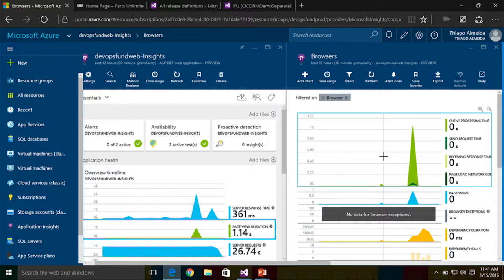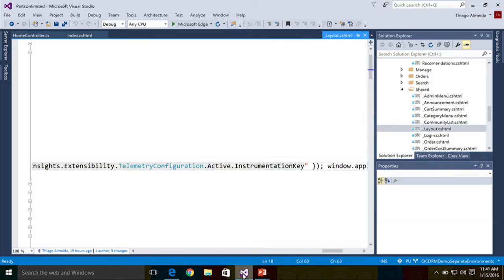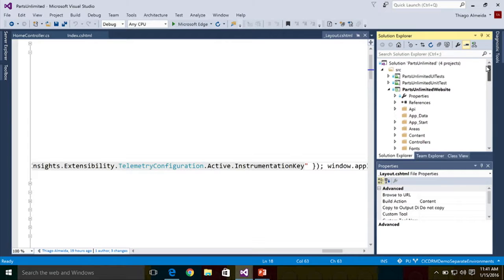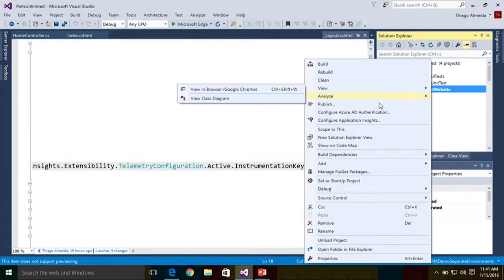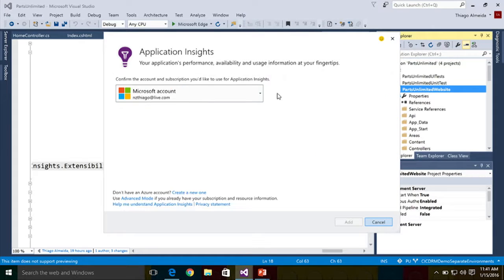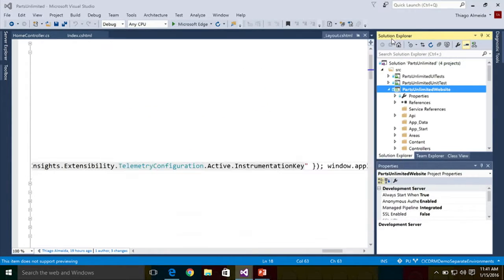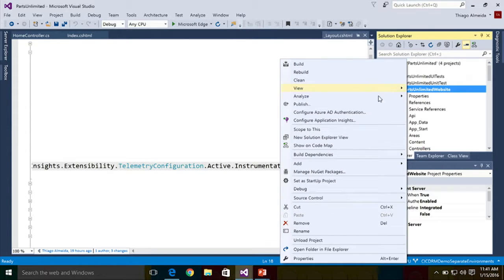The next one is the SDK, so the user custom telemetry. So we have it for Java as well and other languages, but from here, from ASP.NET, you can go and right click, and there, because I've already configured it, it's telling me it's already configured. But you would have an Add Application Insights option here, and then you would select which Application Insights you would